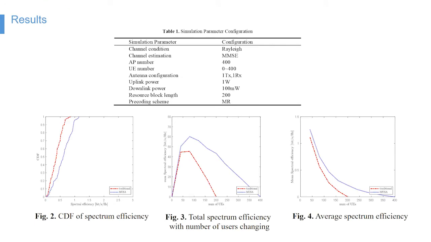We set up a scenario with L APs and K UEs. Assume that the APs and UEs in the area have only a single antenna. Specific configuration parameters are shown in Table 1. It can be seen from Figure 2 that the improved Cell-Free Massive MIMO system has a greater improvement in spectrum